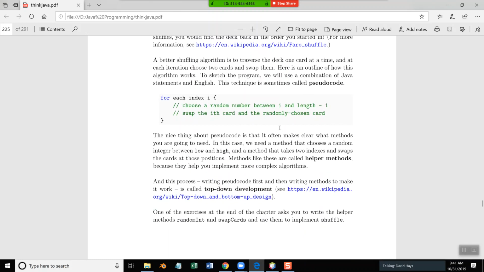Now here's some pseudocode. What you do with pseudocode is you try to wrap your mind around what you want to accomplish. So for each card, for each index I, choose a random number between I and the length of -1, and swap the ith card and a randomly chosen card. For example,